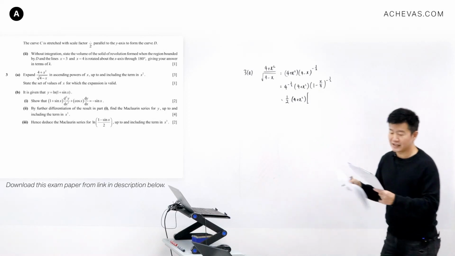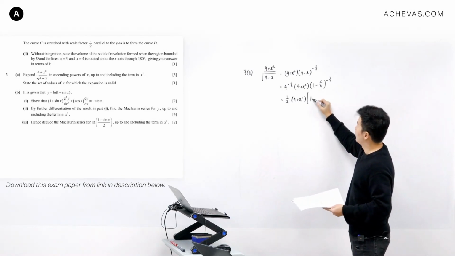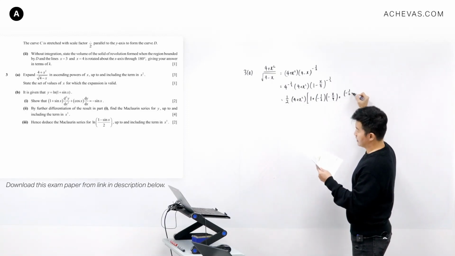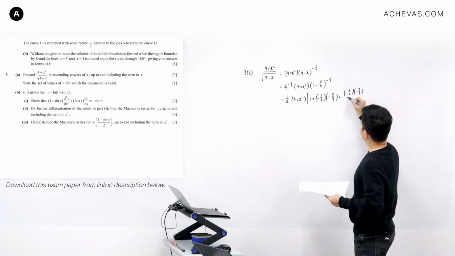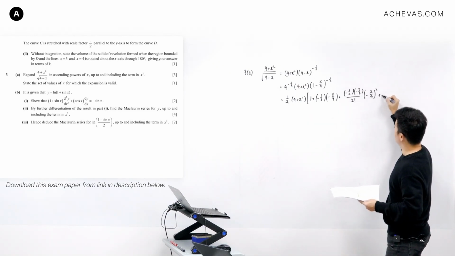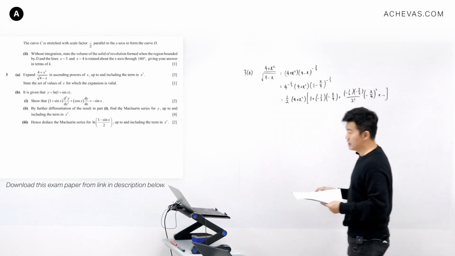Let's try to do an expansion to this. It is going to be 1 plus minus half times minus x over 4, plus minus half times minus 3 over 2, divided by 2 factorial, times minus x over 4 squared, and all the way until infinity,